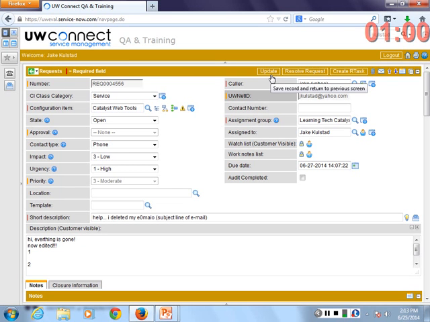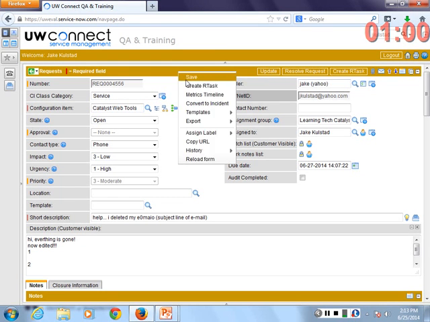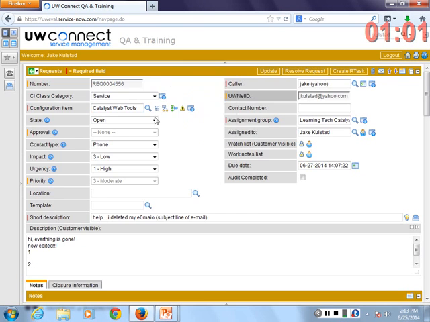or I could have saved it. A save would have been fine. Since I hadn't really committed any changes, a save would have just refreshed it too. So you could click here, right-click and save as many times as I want. It's not going to really do anything unless I've changed a field.